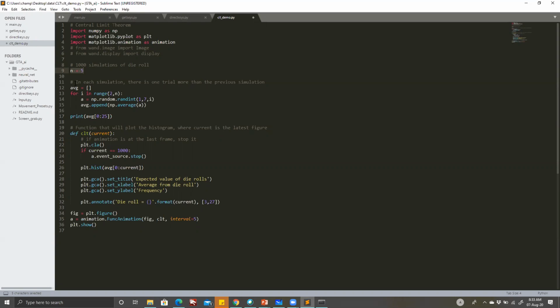So remember, in each simulation, there is one more trial than the previous simulation. Because we are trying to average out, it is a die roll, guys. A die has 6 sides, remember? So in each simulation, let's say we start with 2. First we have 2 die rolls, we get the outcome in both and we average it out. Then next time we will have 3. Next time we will have 4, until 4 because we cannot go till 5 here. So there is just one more trial than the previous simulation. Okay. So, to answer your question, the number of die rolls is basically increasing.